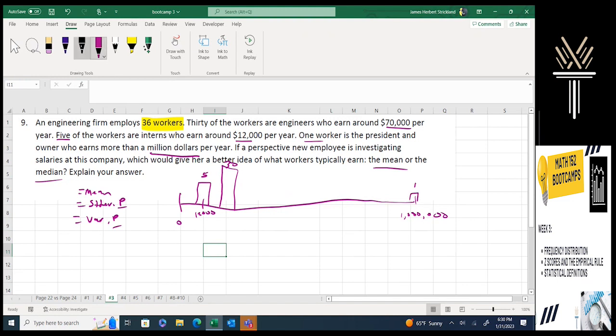So notice what we have. We have a distribution that peaks at 70,000, and then it drifts off into this long tail on the right. So we have a right tail, which means that we have a right skew. If it's ever skewed, we always pick median. And so we would pick median